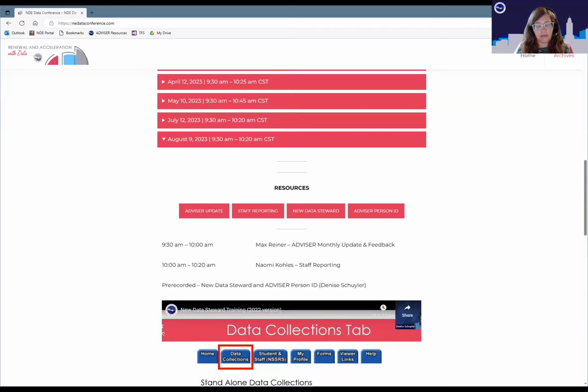And then Lois asked, I don't usually download or upload staff files. Is this something I need to start doing? It's really a judgment call for each school and system based on how many staff you have. As you're a growing school and you have more staff to report every year, and let's say your student information system provides you a great templated file that you can download that's automatically in the formatting, that might be an option for you. That might be easier. It's really just for you to evaluate, and then you go make your individual updates throughout the year. That might be a reasonable option for you.